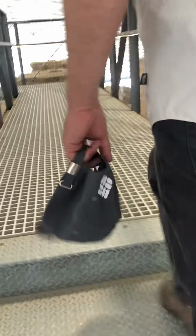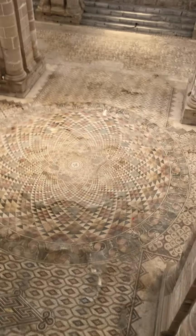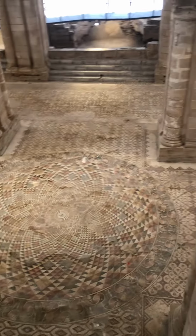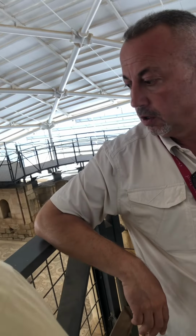Very good. Up here you're going to see what we call the medallion, or the central circular medallion, where also there is, you know, in the middle, just to let water out, because it was also water splashing, but you can see we have a draining system in the middle. Very nice. Water on the two draining system and